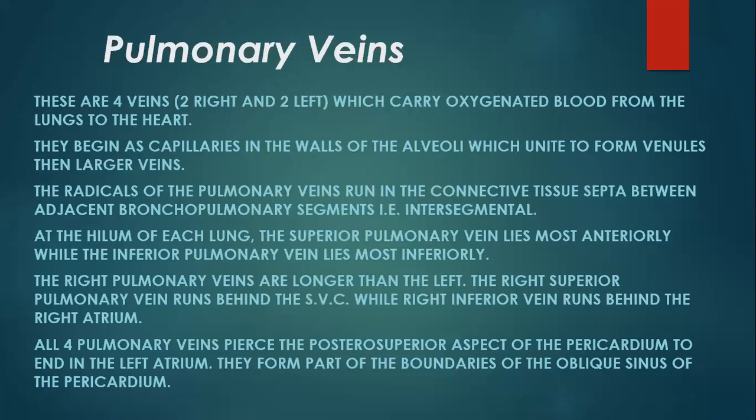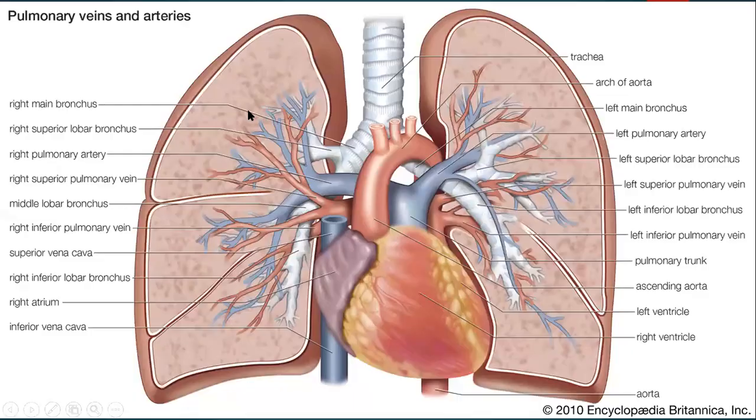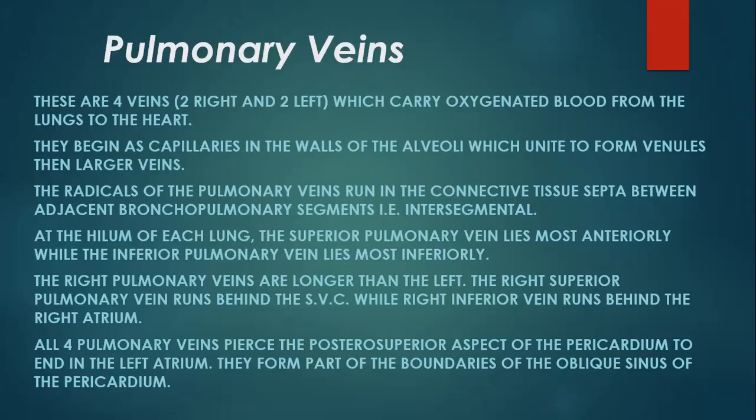Now going to some other important veins, those are the pulmonary veins. There are four pulmonary veins. Actually, we study the pulmonary trunk before we study the pulmonary veins. Anyhow, here it is mentioned because we have to go through the way the venous blood will be opening. But no problem, we can study the pulmonary veins first. There are four pulmonary veins, two on the right and two on the left, which carry the oxygenated blood from the lungs to the heart.